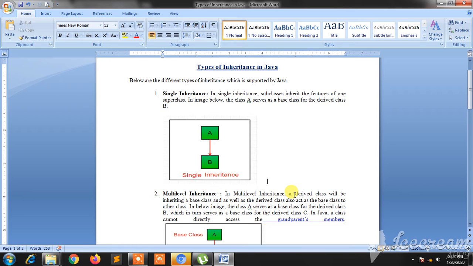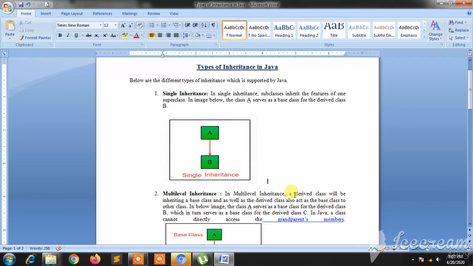So I'm back with another video on types of inheritance in Java. So over here we'll try to discuss what the different types of inheritance in Java are. To start with, let us try to understand what exactly inheritance is all about. Inheritance is nothing but acquiring features from another class, or you can say inheriting features from other classes. The way we inherit features from our parents, that is what is called inheritance.